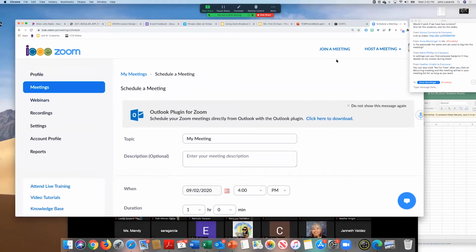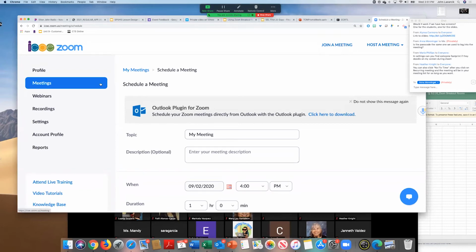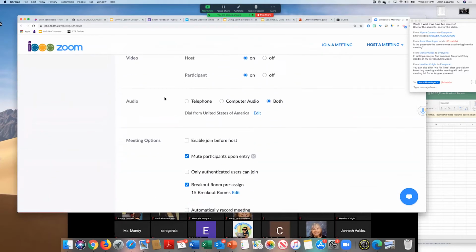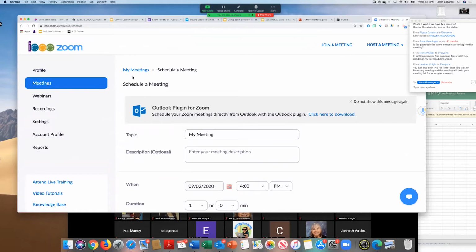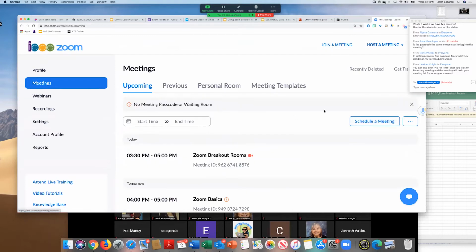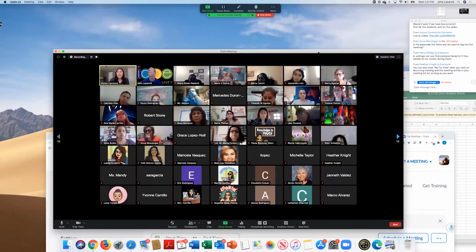that are up here in the upper left-hand corner, you have to go to your Zoom account page. This is like your home page right here. All the main links that you want to go to should be off to the left. When you click on meetings, you should be able to see this page. Since this is already a meeting that's scheduled, I can go back here and click on schedule a meeting. But I think they were asking for the breakout rooms option.